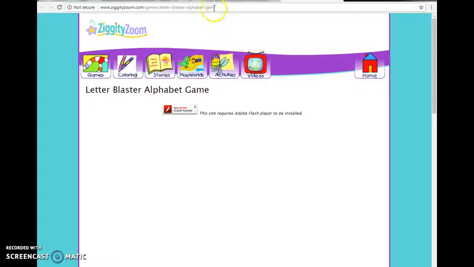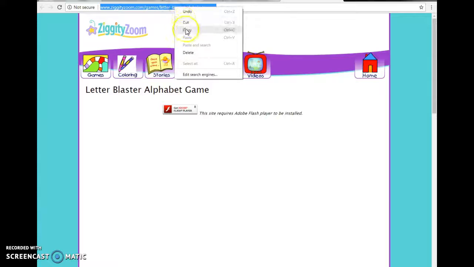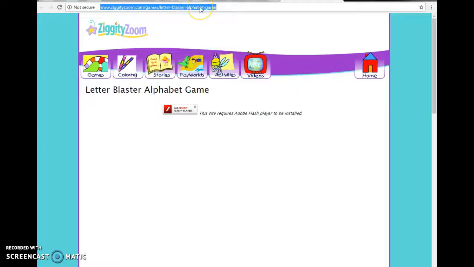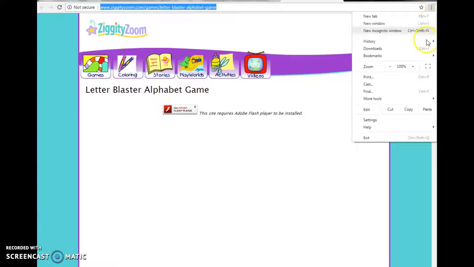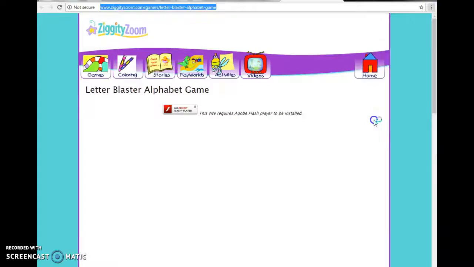All you have to do is click in the address bar. You can either right-click and click Copy, or you could use Control-C to copy. Then come over to the three dots on the side, click it, choose Settings,